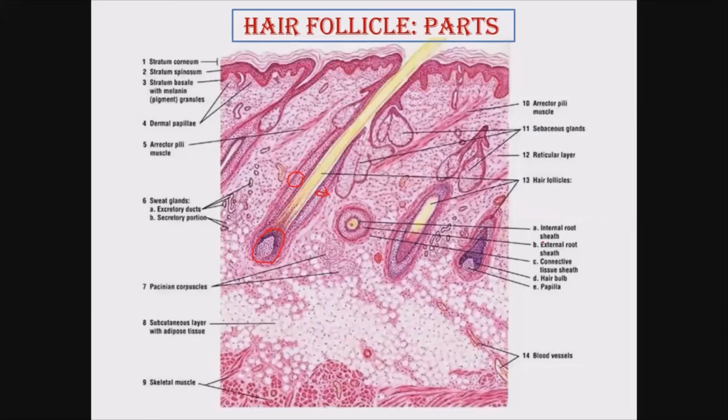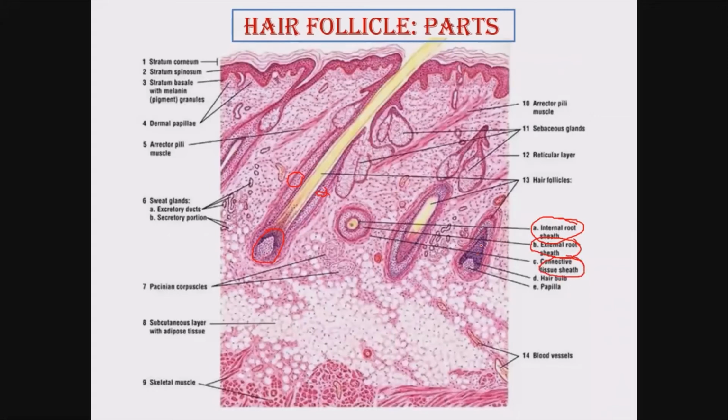Now, if you take the cut section, or the transverse section, you will find a part of hair surrounded by a sheath of cells. So the follicle is now forming two sheaths. The inner sheath is called the inner root sheath, the outer one is called the external root sheath. So, internal and external root sheath. And after that, we'll have the connective tissue sheath derived from the dermis.